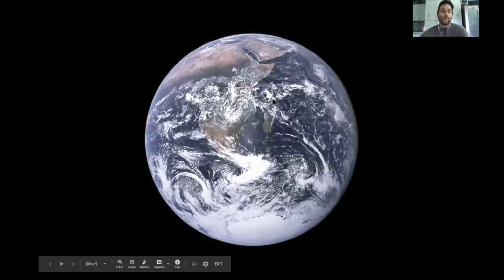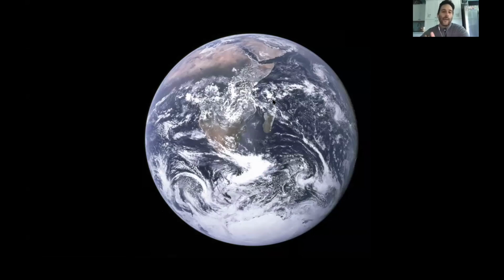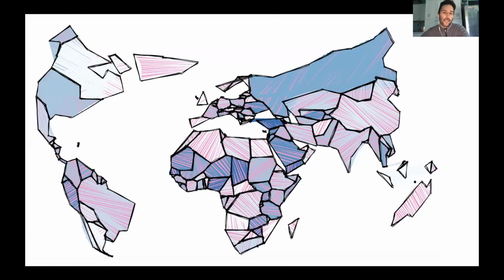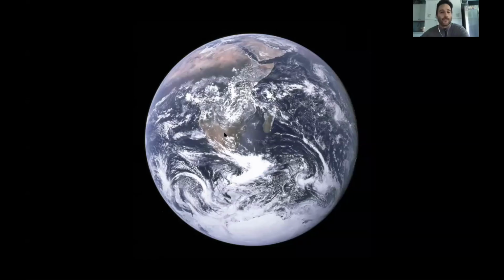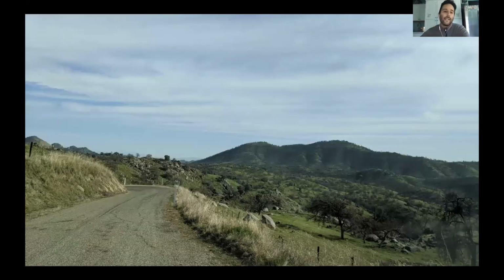This is the real world. If you look at the world from space, you can't see all the countries at the same time. You can't see all the continents. You can't see all the oceans. You can only see one side of it. And really, you don't live in space. You live here. This is the Central Valley where I grew up. You never see anything like countries or continents in your everyday life. And yet you already knew that that map was a representation of the world. And you knew that because you've learned that in school, and from your parents and your friends,